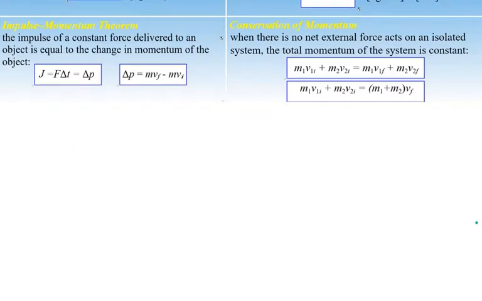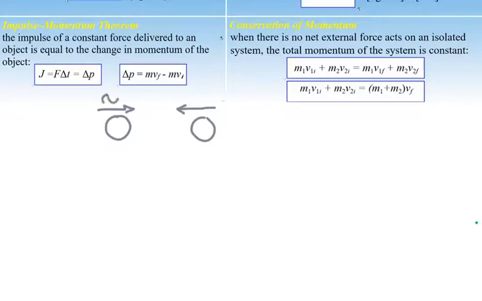Another important formula to know in this section is the conservation of momentum formula. There are different types of collisions, and I'll go over them as soon as we get to collisions. You can have a ball hitting another ball. Let's say one ball is moving this way, the other ball is moving this way. If they move in opposite directions, for example one is moving south and the other north, or one is moving east and the other west,